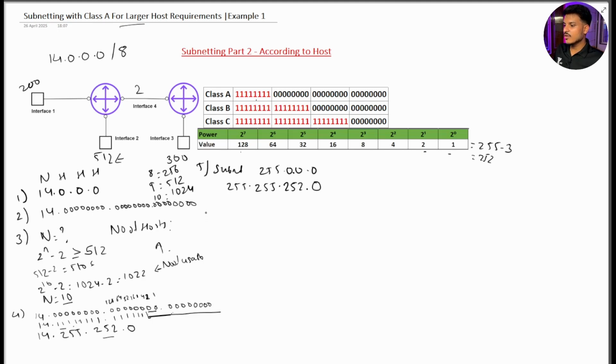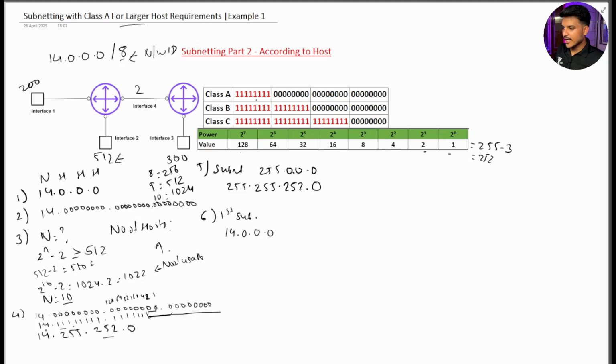Now what will be the first subnet ID for this? The first subnet ID is always almost similar to its network ID only. So what was its network ID? It was 14.0.0.0/8. Okay, so what will be the first subnet ID? It will also be like